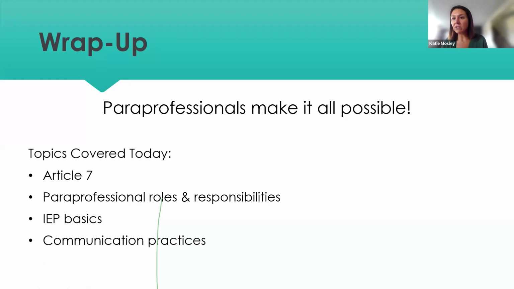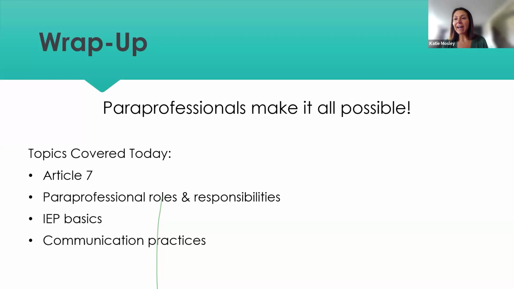We have 13 different eligibility categories under federal and state law. And under each eligibility, there is a description of what the eligibility is. There's a description of what has to be considered for an evaluation of that specific eligibility. All of that is also in Article 7. It's everything related to suspensions and expulsions and timelines. It's every single thing related to special education and the law.